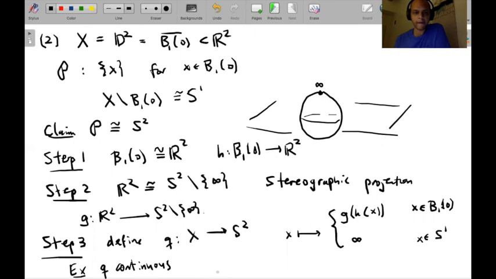So, well, continuity is clear away from points in the circle because G and H are continuous maps, and so then you just have a composition of continuous maps. So the thing you need to explain is why if you take a point near the circle in the disk,